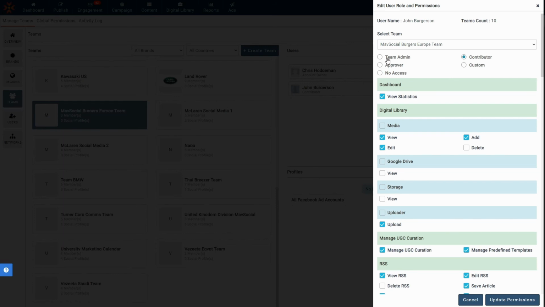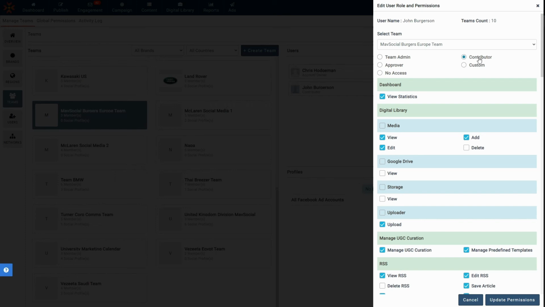There are 5 main permission levels in MavSocial. Super Admin, as I mentioned earlier, has full access to all social media teams, brands, social profiles, and team admin access to the entire organization, with the ability to edit user permissions and more. Team Admin has all permissions in a team and, importantly, can post content and approve posts.